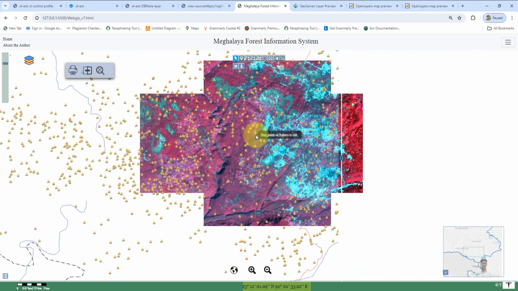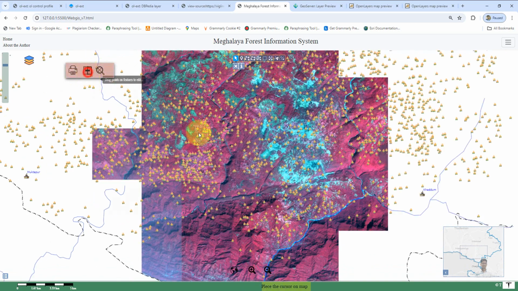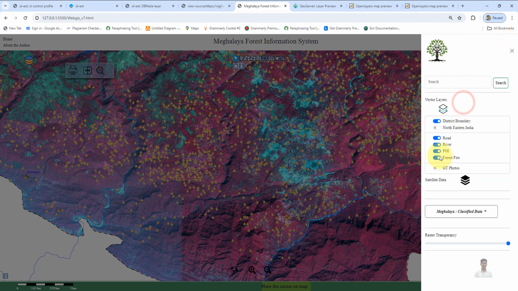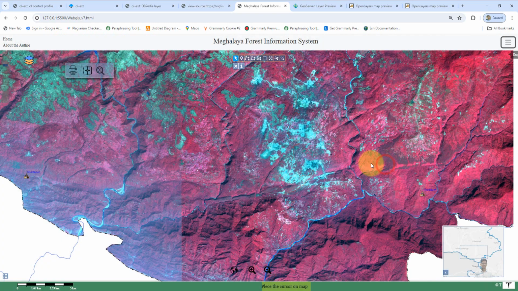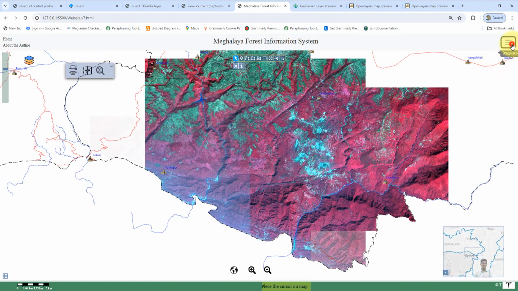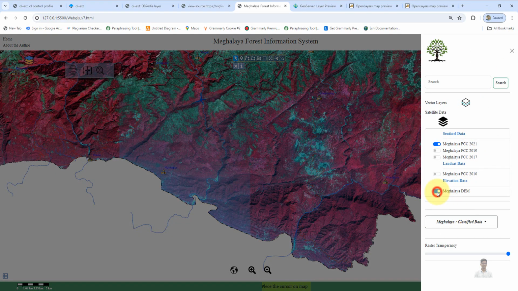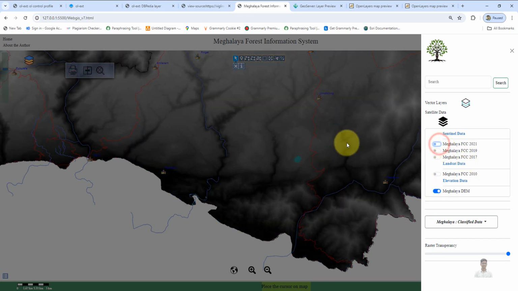Like this the analysis can be done, and that will be explained further in the later part of the video. Let me switch off the forest fire points. And now one thing that we have also included is the digital elevation model, and if you just superimpose it over there, let me switch off this one, else it can't be visible. So let me